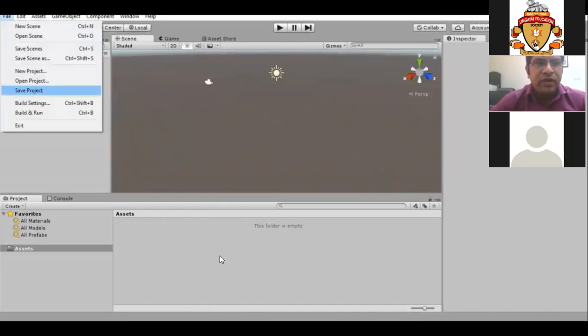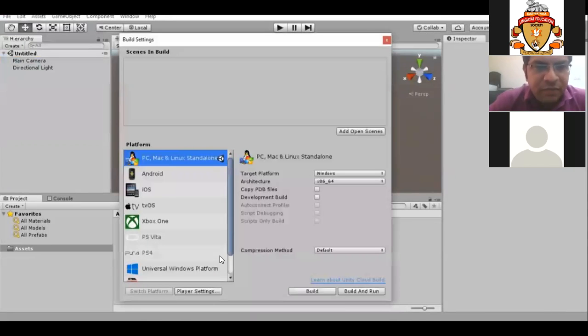In the same way, we go into build settings, and we have to give the company name and package name.